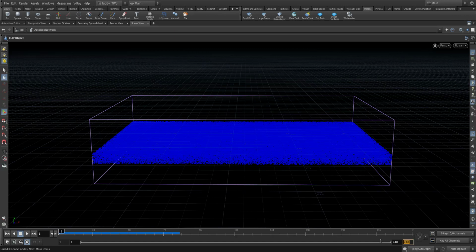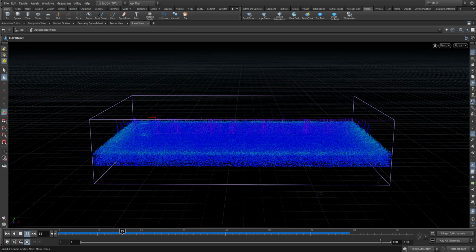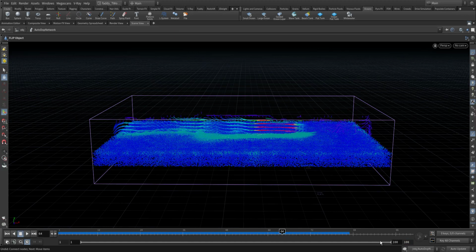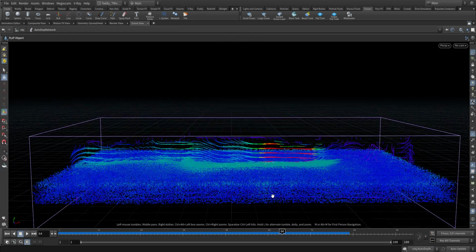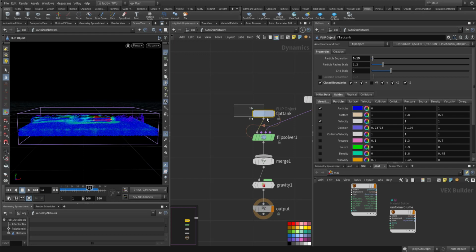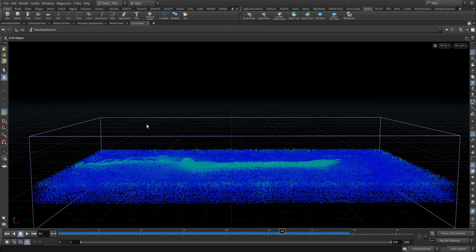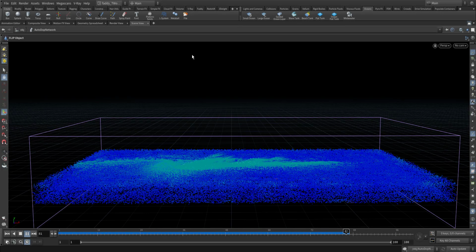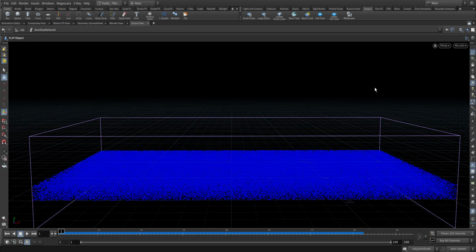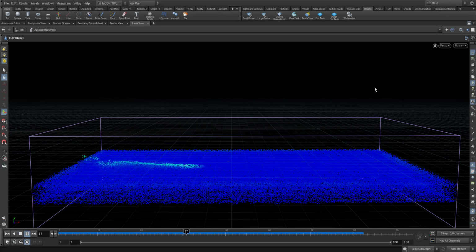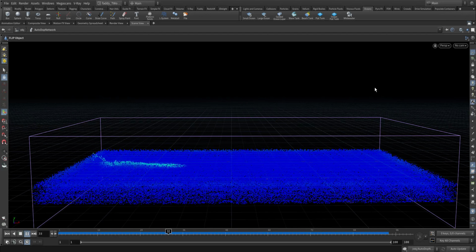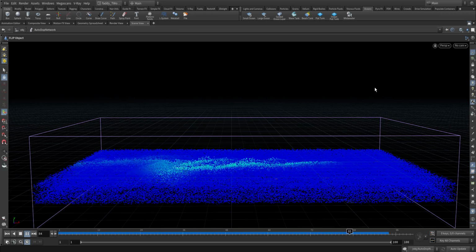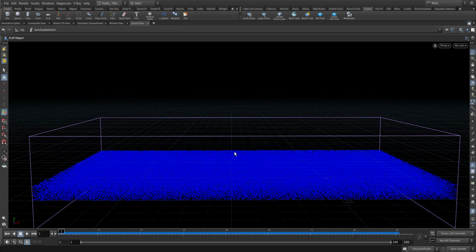I will do 100 frames. Let me remove the velocity, watch again, and this velocity also. I want to increase the force down also, and it will lift it up. If I take another angle,